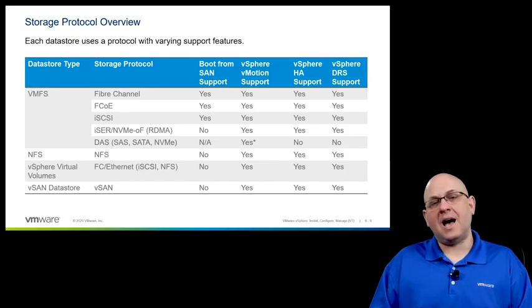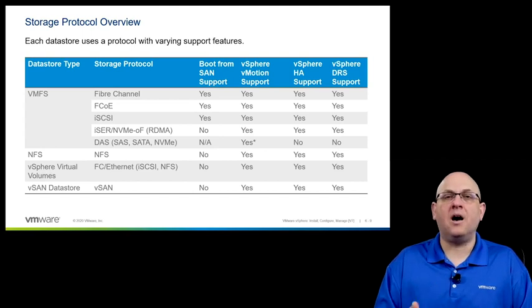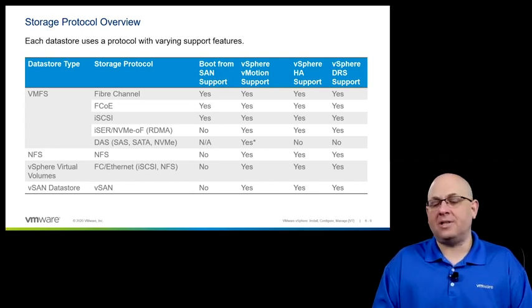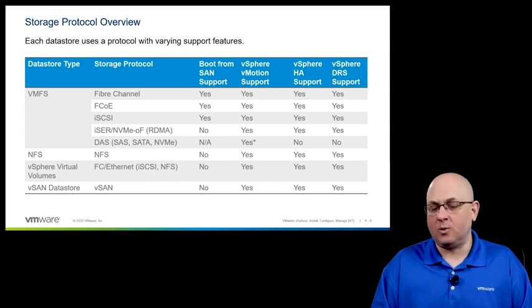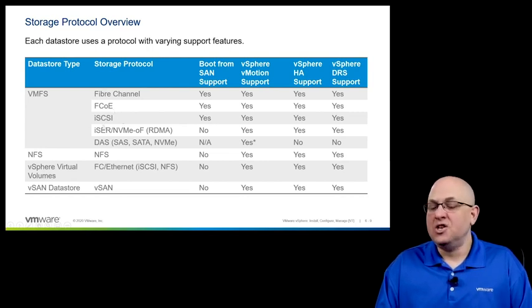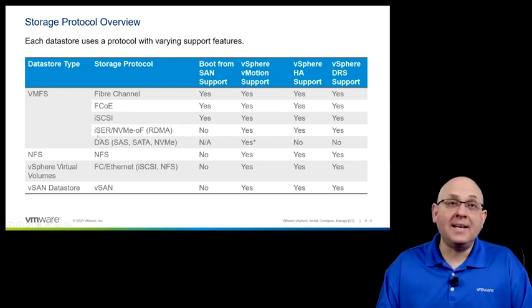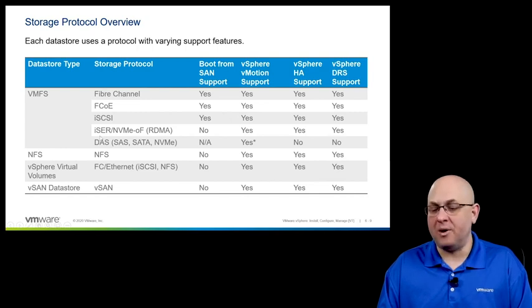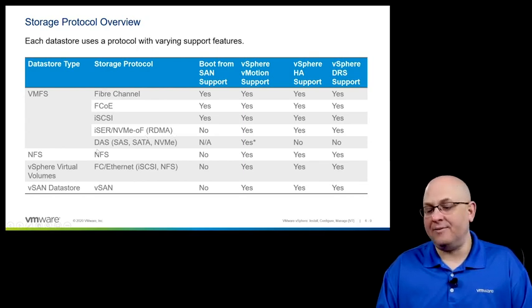This is another chart that dives a little bit deeper in defining the features that are supported across each of our datastore types. So when it comes to VMFS, we can do Fibre Channel, Fibre Channel over Ethernet, iSCSI. New in vSphere 7 is iSER, which is iSCSI over remote DMA, okay, as well as NVMe directly over remote DMA access. We also have direct attached storage, which can be done with SAS controllers, SATA controllers, or